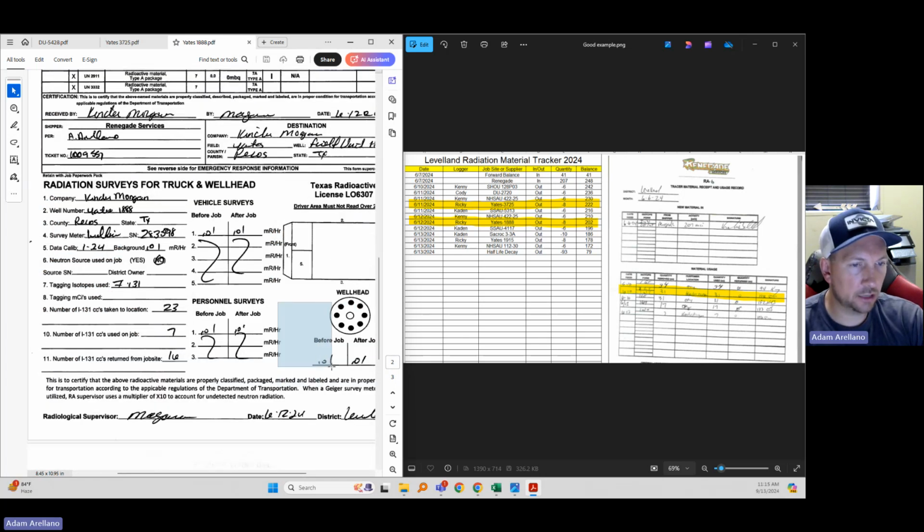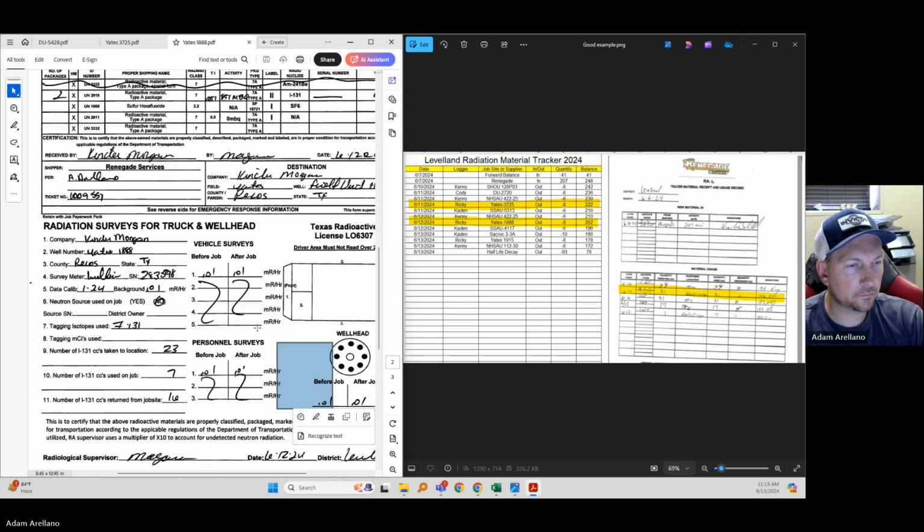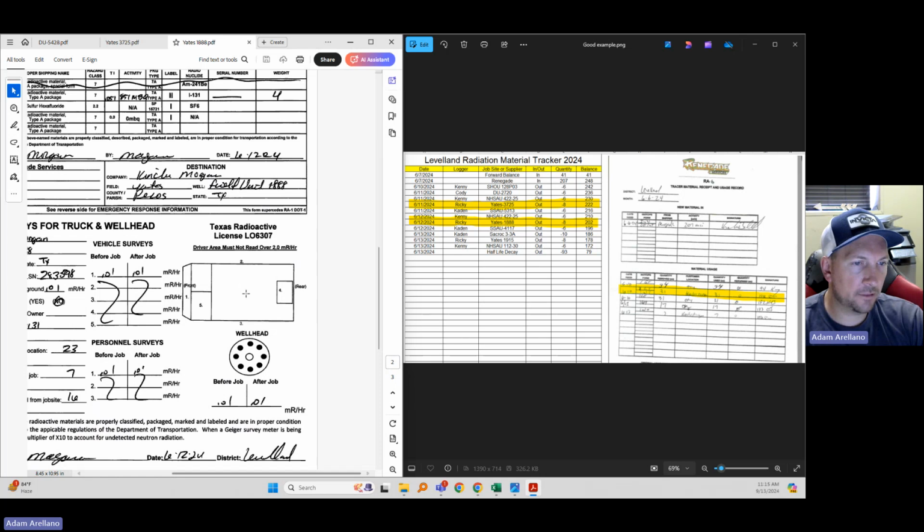I guess we're just missing initials here for our personnel surveys. It's also a good idea to put background on everything except for where we have the RA material. If you're keeping it at number 4, which is where we claim, we're keeping it on every truck. Number 4 should be a little bit hotter than background. If you're storing some iodine on your truck, it should be hotter when you do your survey at the back. So put 0.02 or 0.025, 0.015, something different at number 4 would be an accurate measure of a good survey